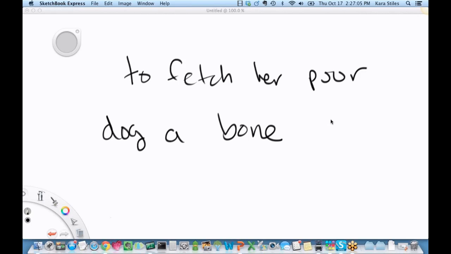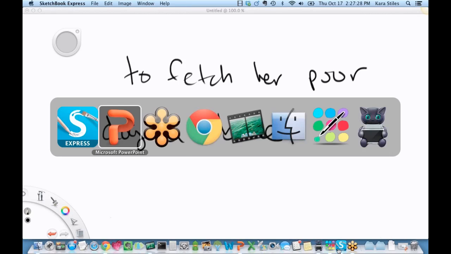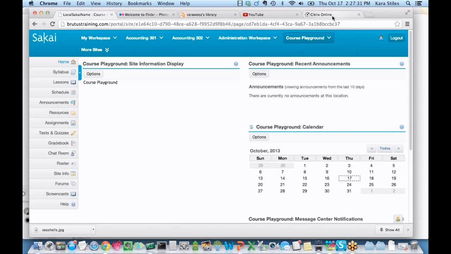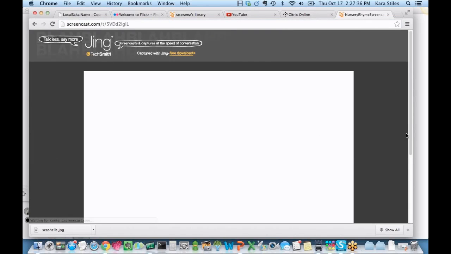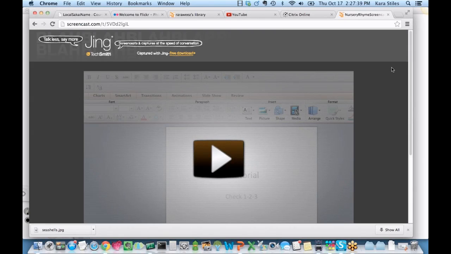next step. If we go back to those steps in creating a screencast, I've actually already completed the first 5 steps. I have gotten to the point where I have uploaded the presentation to a place that can store or host my screencast. So now, optionally, depending on the hosting system that I chose, I might have to, at this point, select some access options. But with Screencast.com, everything that I have on my account is set up so that it's just mostly public, as long as I give people access to the link. And so what Jing did at this point was it basically copied the link, the direct link to my video,